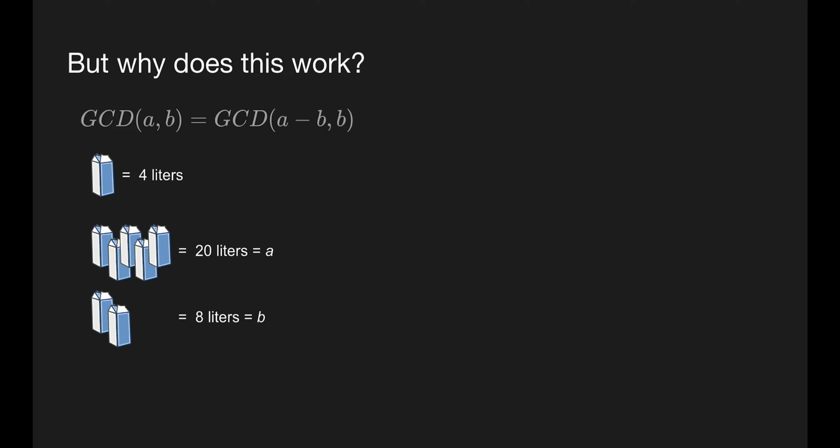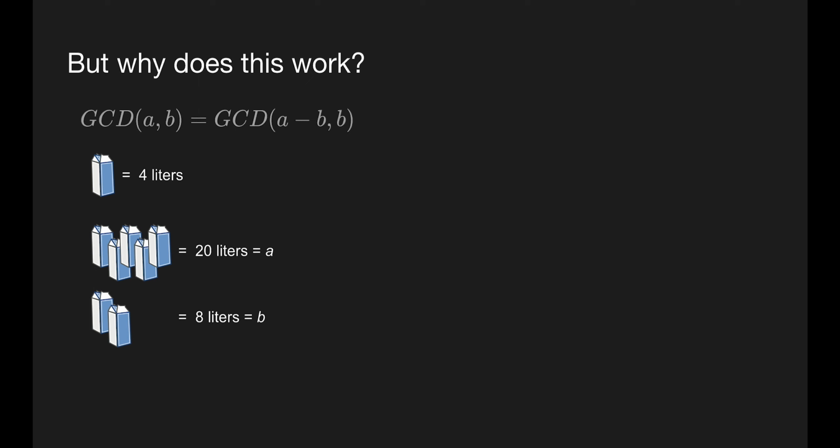But why does this work, you might ask? This algorithm works because subtracting one number from the other doesn't change the GCD. To see why, think about each number as a volume of milk. Let's use this milk carton symbol to denote 4 liters of milk. 20 liters is built up using 5 cartons of 4 liters, and 8 liters is built up of 2 cartons